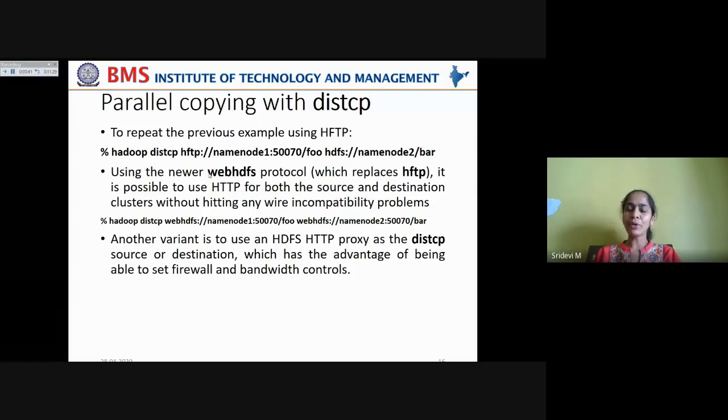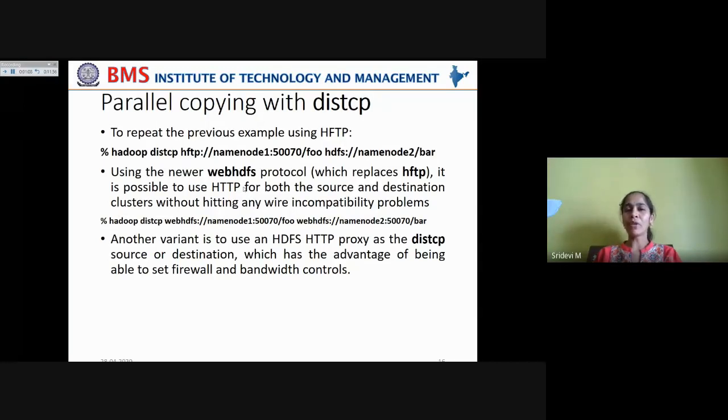Now, using the newer WebHDFS protocol, rather than using HFTP, you can also use WebHDFS on both the source cluster and the destination cluster. Remember, whereas HFTP and HSFTP support only read operations, WebHDFS adds one more feature, that is Kerberos authentication.